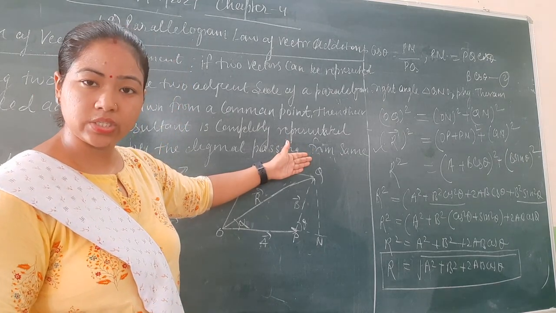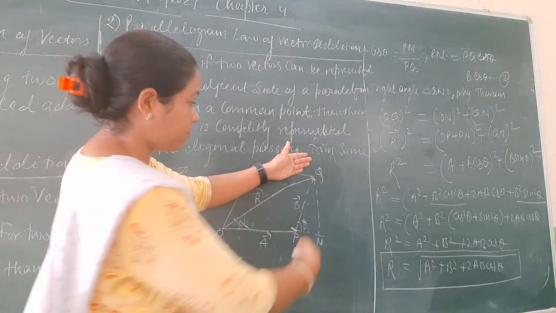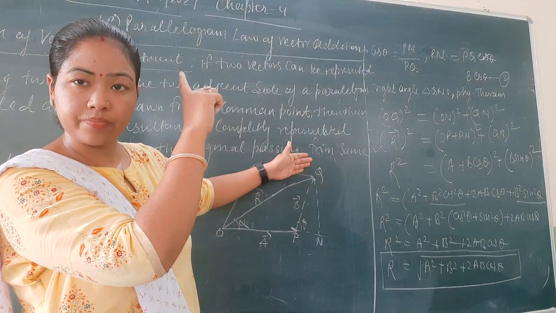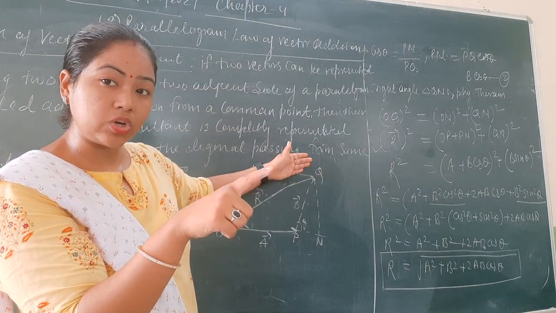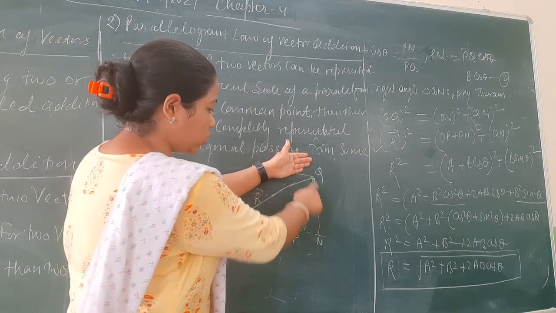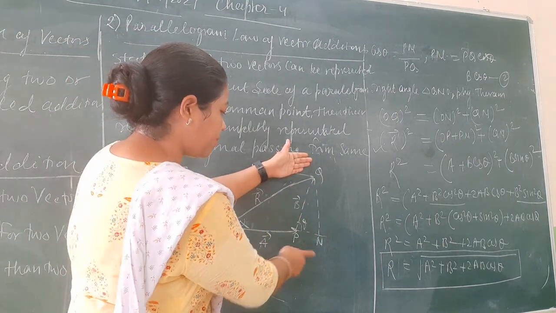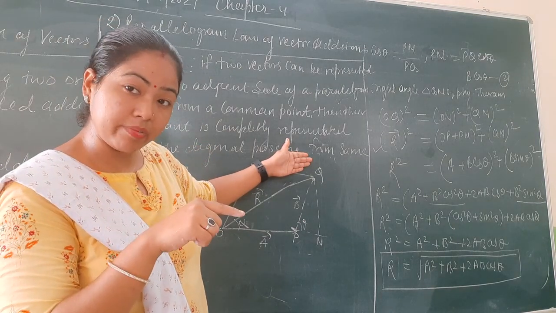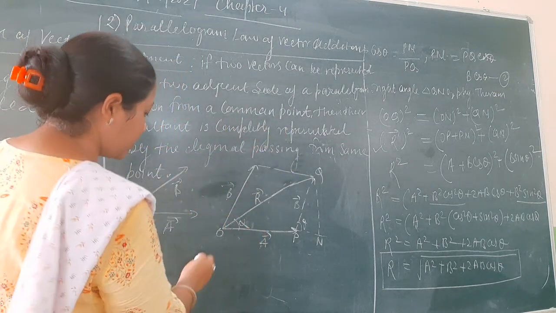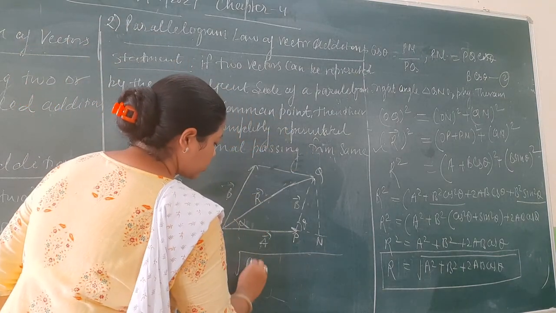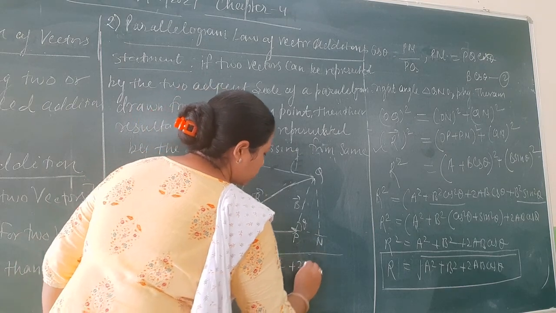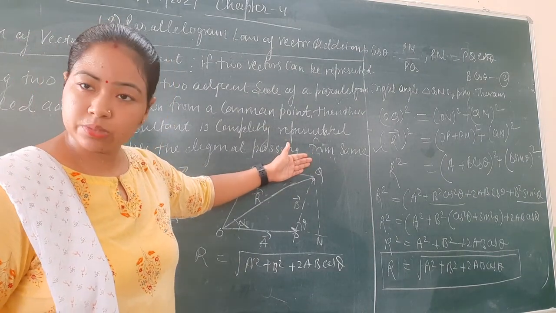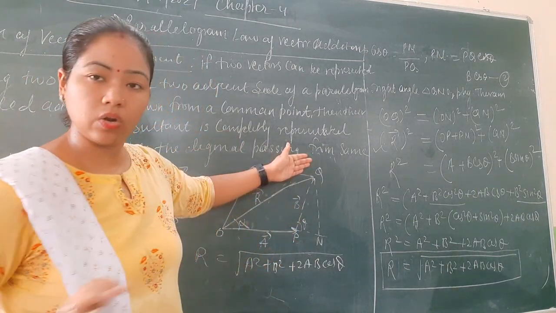Now just look at this diagram. Only this much of the diagram you can see. Now again what will we do? Very first we will calculate the values of QN and PN by the same process that we had in the triangle law. After that, we will apply the Pythagoras theorem in the bigger triangle, OQN. So OQ will be equal to OP plus PN. From that you will get the value of R, and that will be the same value as before. That is R equals under root A square plus B square plus 2AB cos theta. Right? You are considering this much of the diagram, as we had for the triangle law, right?